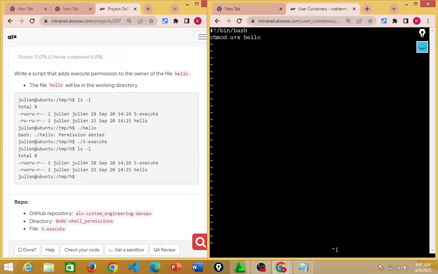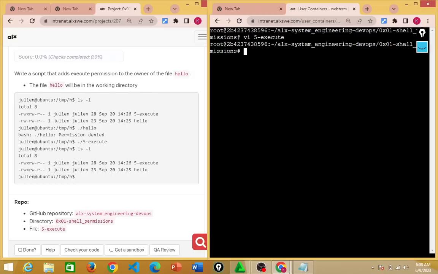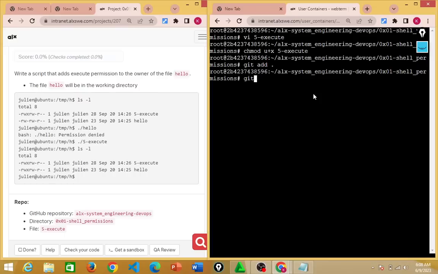So having done that, you escape, you do colon wq, and you come back here, you do chmod u+x to make it executable, then you put in the file name. Alright, so have we done that? You hit enter, then we can now git add, git commit -m, commit message,